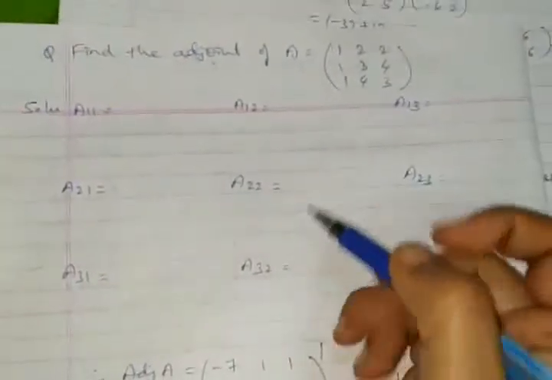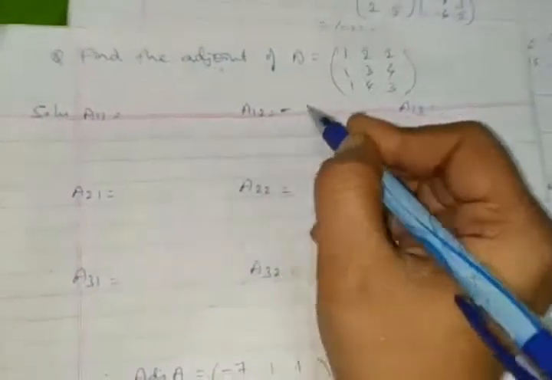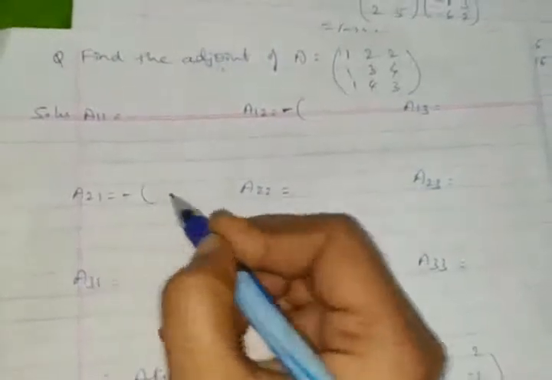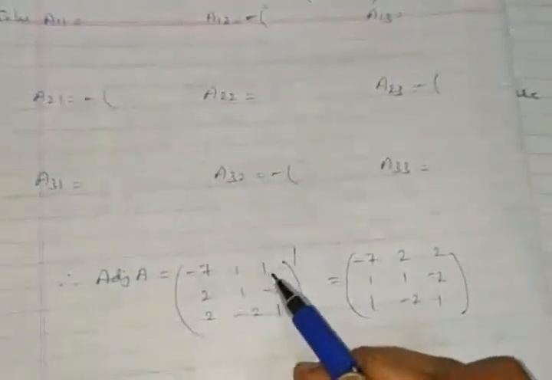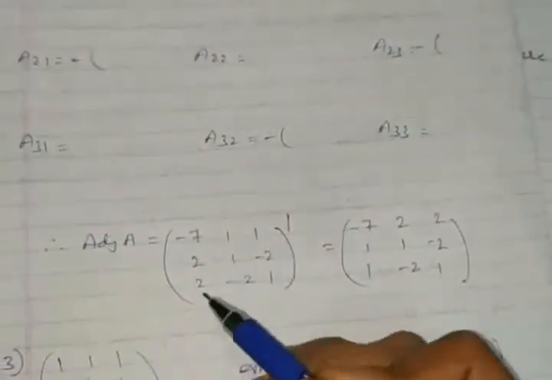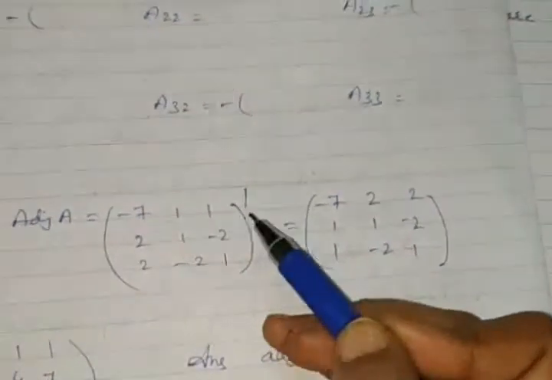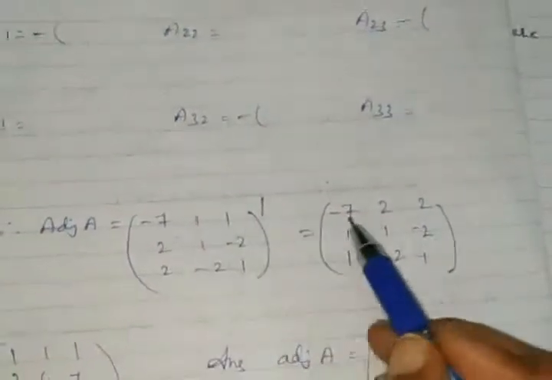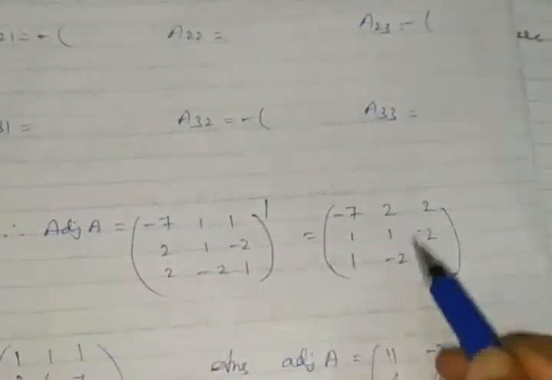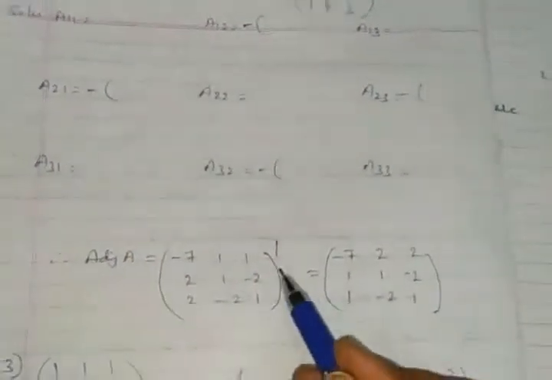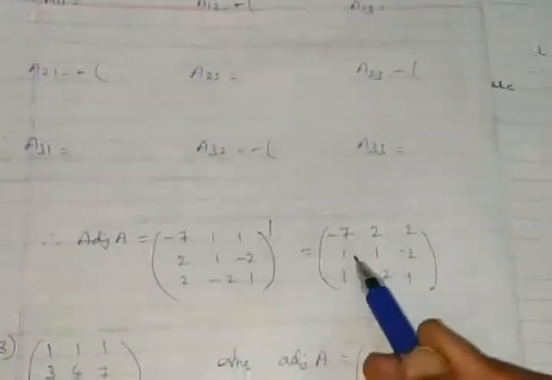The chart I have prepared, and as I mentioned earlier, you have to go for the minus sign and perform it. You find the elements to be minus 7, 1, 1. You can verify 2, 1, minus 2, 2, minus 2 and 1. Transpose, which I have taken here. First row, first column. Second row, second column. Third row, third column. You have to fill up all these columns. Then for the adjoint, take the transpose of all these cofactor elements. Transpose itself is adjoint.